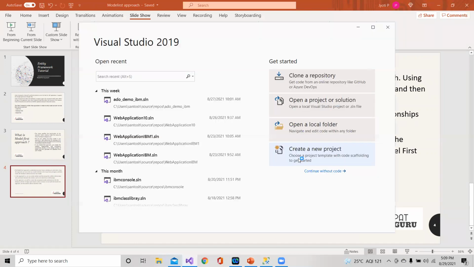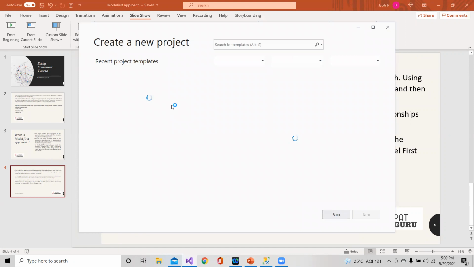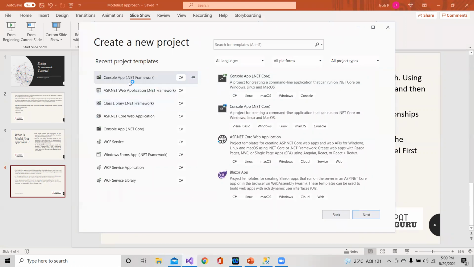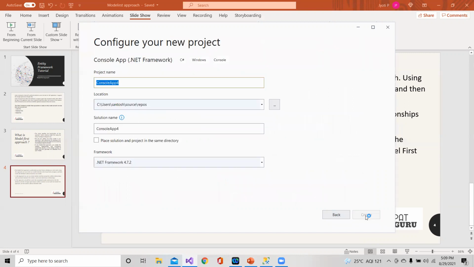We'll create a new console application. I'm creating a console application with the .NET Framework template. Let us give the name as model first approach.